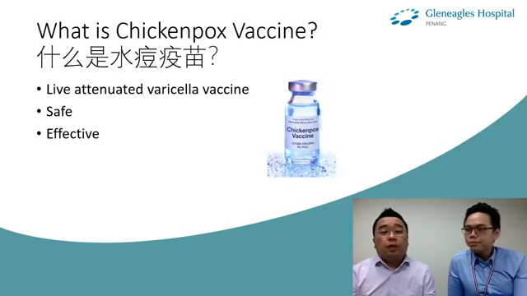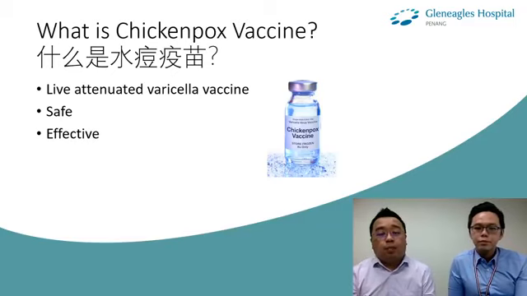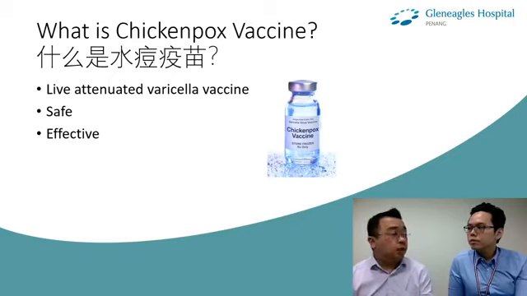All right, one of the ways to prevent chickenpox is actually getting the chickenpox vaccine. What is the content of it? It is a live attenuated varicella vaccine. What it means is inside the vaccine there's a weakened form of the varicella virus, or the chickenpox virus. In short, it's actually very safe and effective, and we give it to children as well, as part of the